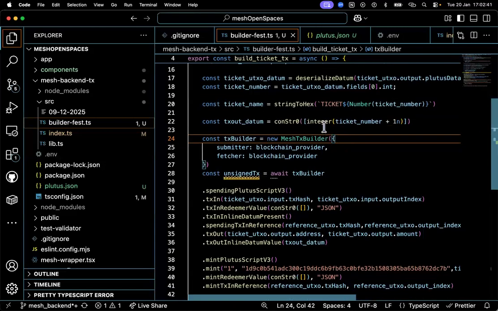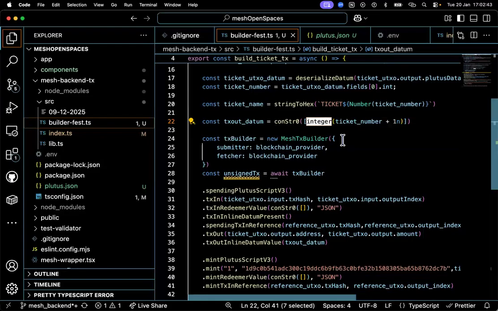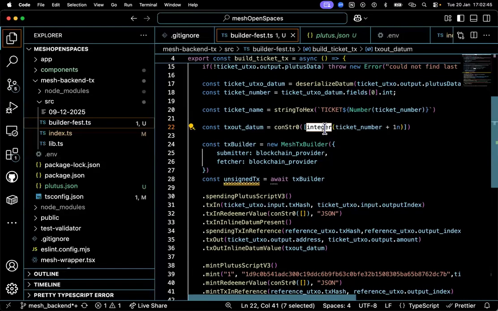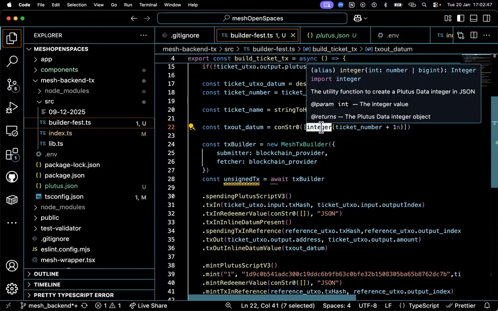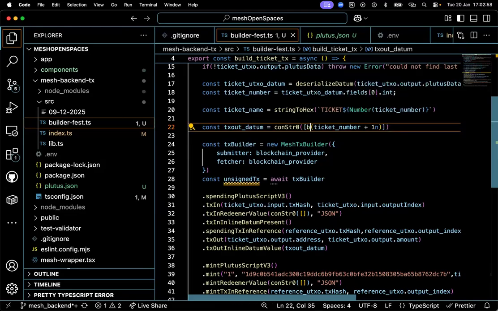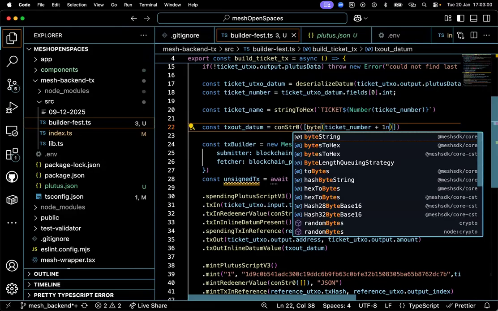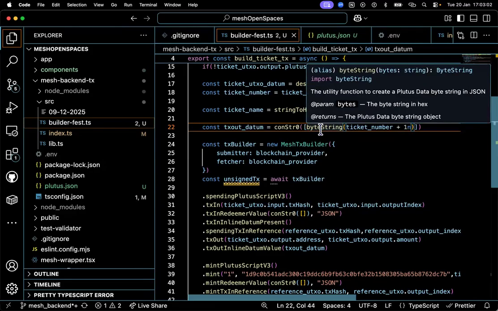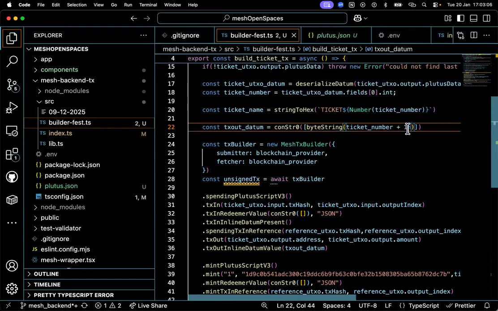What Asha is actually saying is, why are we adding this integer function, right? As I've said, this integer function is helping us to create a key to our JSON in a JSON format style. For example, I could change this to a byte array, like byte string, and this will give us bytes, and we can store this as bytes.